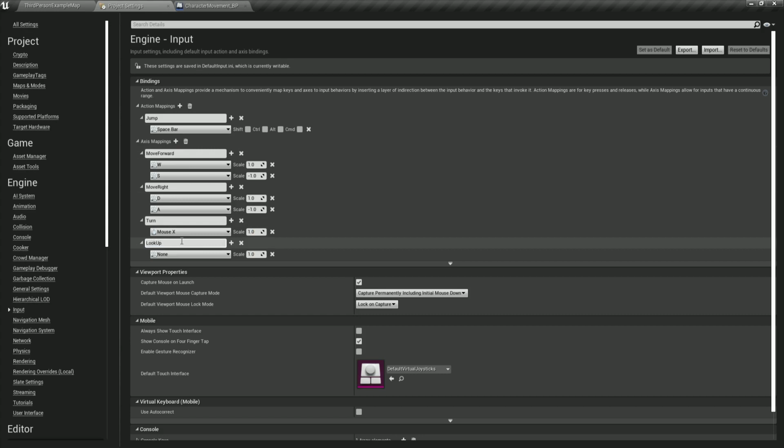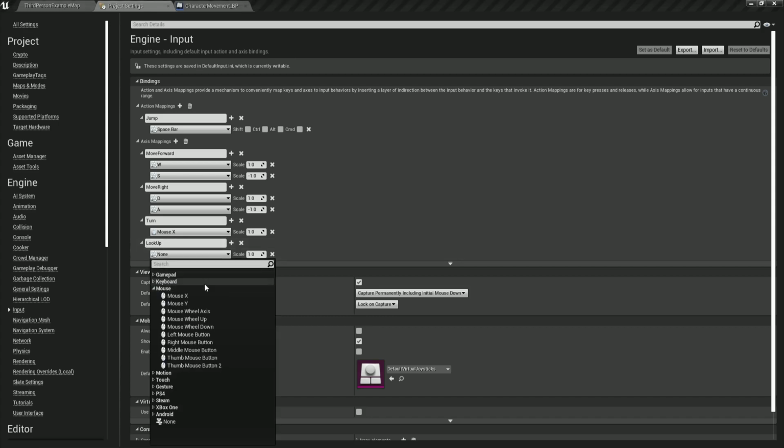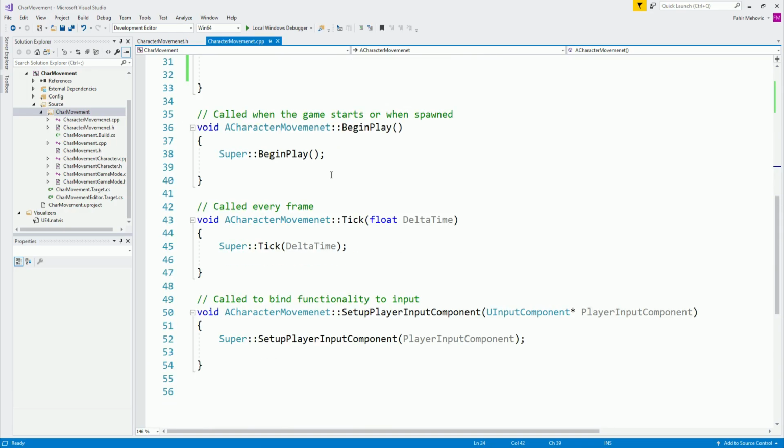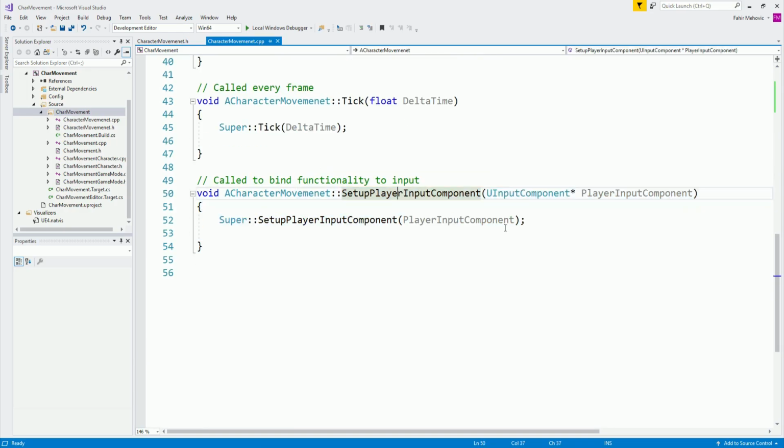So look up rate, which is going to control the up and down of the mouse, and it's actually the rotation, and we're going to use mouse Y. But for it, we are going to say negative, and we're going to see in a moment why I typed negative over here. So if I go back right now, while we set this up, over here inside of the setup player input